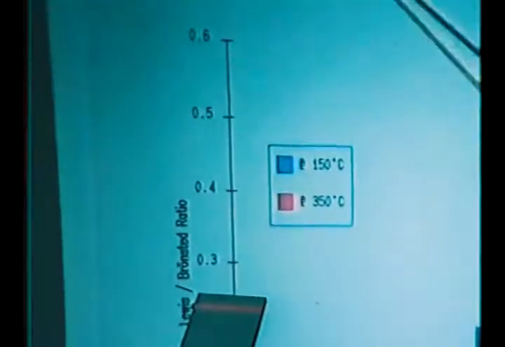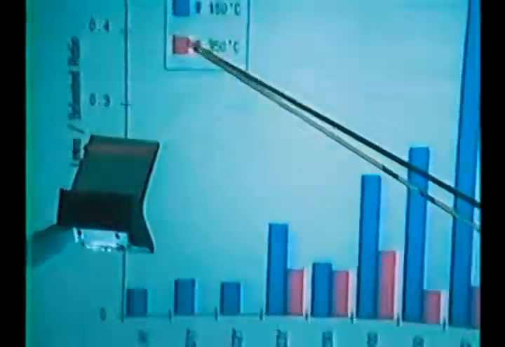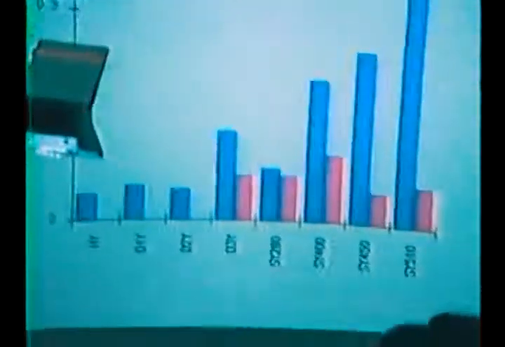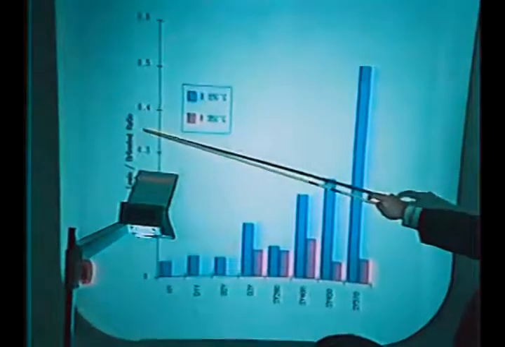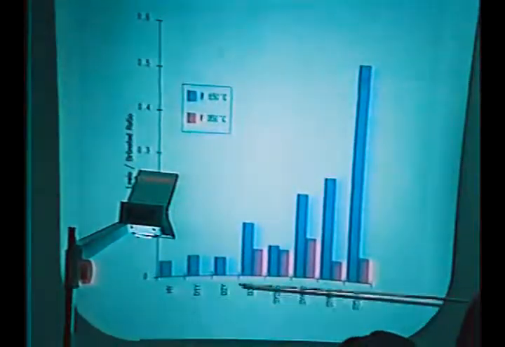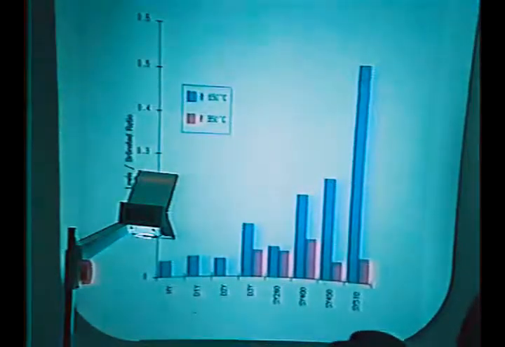And the question is, are those extra framework aluminums directly responsible for the higher cracking of these materials? To partially answer this question, we desorbed the pyridine-poisoned sample at 350 degrees C, where the pyridine that is left corresponds to stronger acid sites. And we plotted the Lewis over Bronsted ratio for these different materials, and at 150, which corresponds to